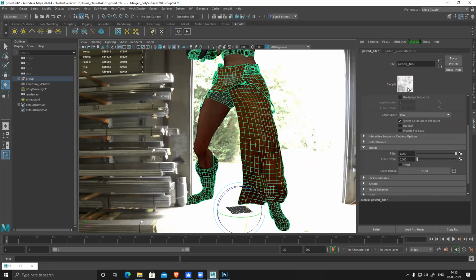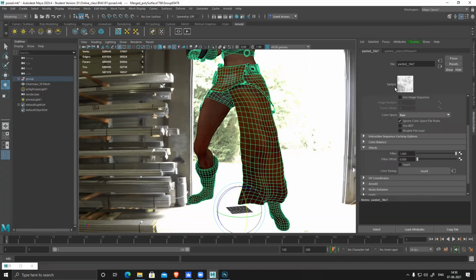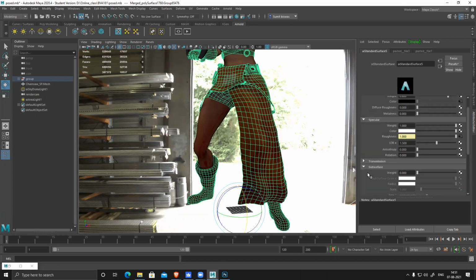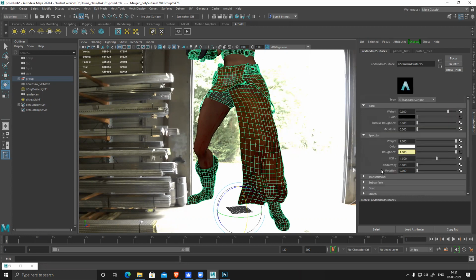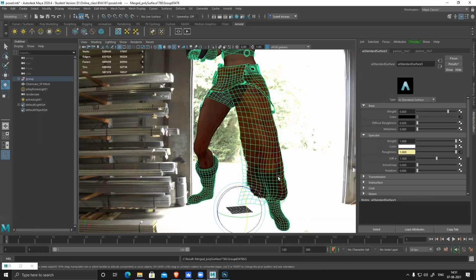Double click, it will reload this texture. Done. Still, I can see this. Okay, it's there in this also.